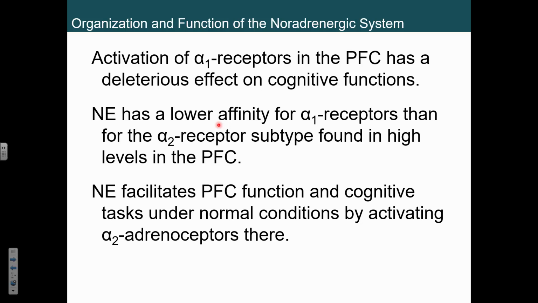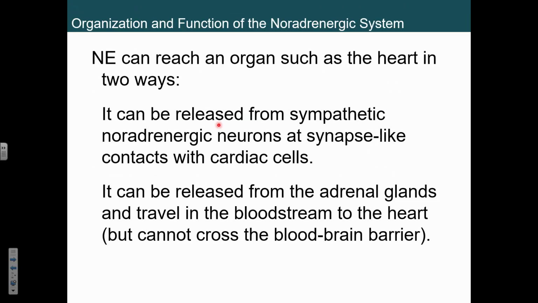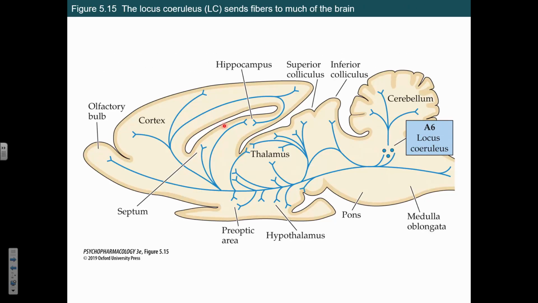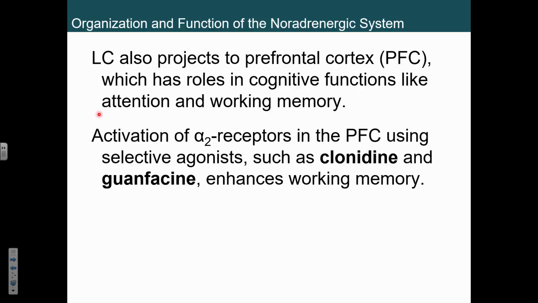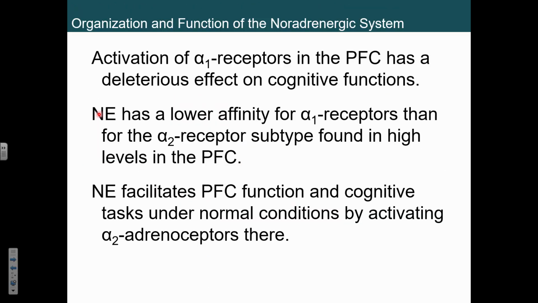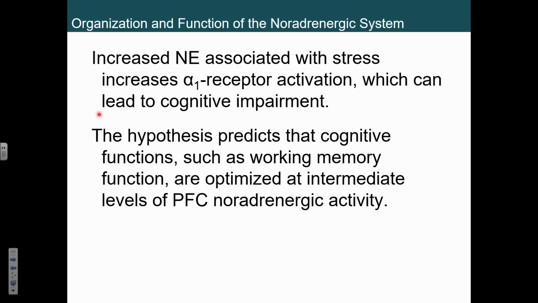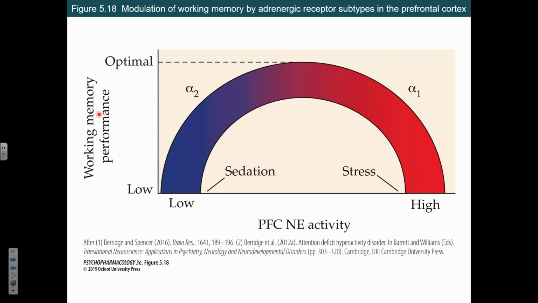Cognitive tasks. Again, if you go back to this, let's find it. Look at how much the system innervates the cortex and your hippocampus. It's getting hit with the hippocampus like two different ways here, right? And so that's going to be the learning and memory section, working memory, cognitive capacities, all of that. You can see where that's going to be affecting. All right, let's see what else we need to do.